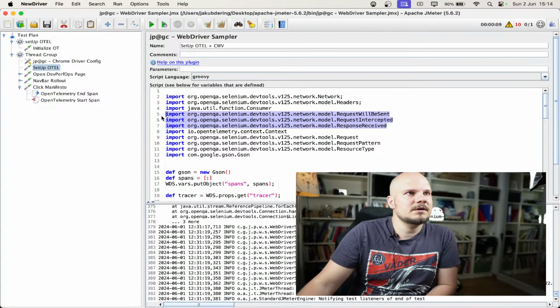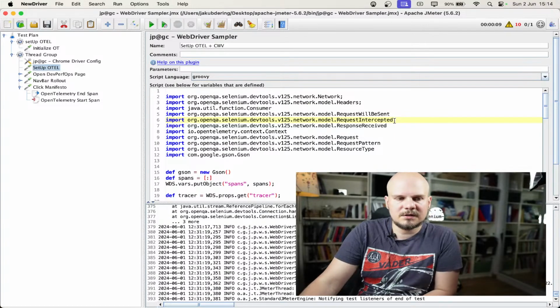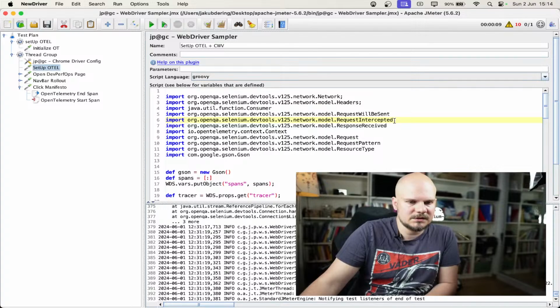I will be acting on 3 events. So first, I think actually 2. When you communicate with the browser over the DevTools interface, especially with